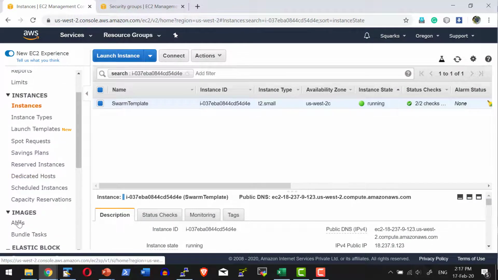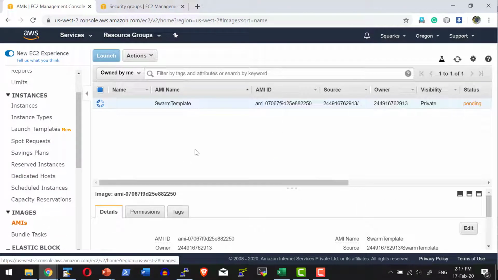I can have the list of images available from the AMIs option. Once the image is ready, I can go ahead and terminate the instance. From that particular image, I can start any number of instances that I want, and that will have all this particular setup, right from the files, configuration files, and the installations available in the system that we are going to start. So basically this acts as a template, and this is the template we are going to use in future to start any new system for the Swarm.